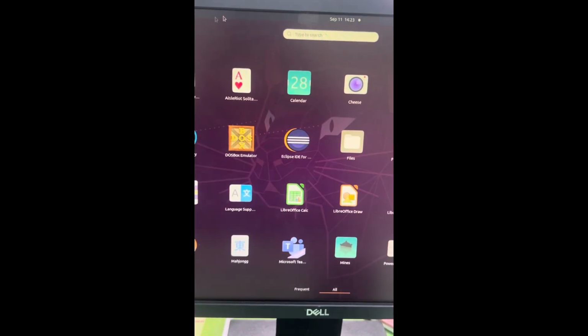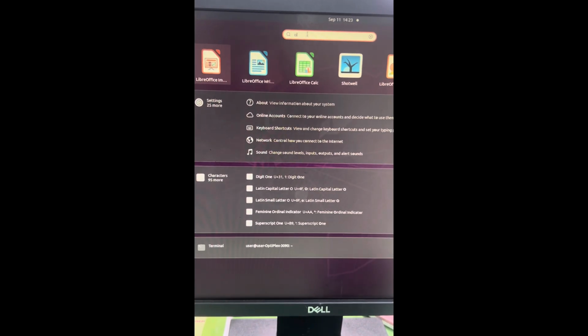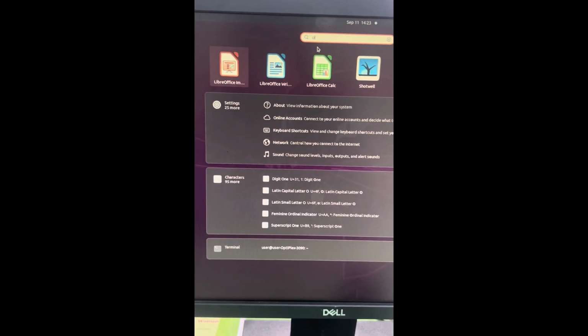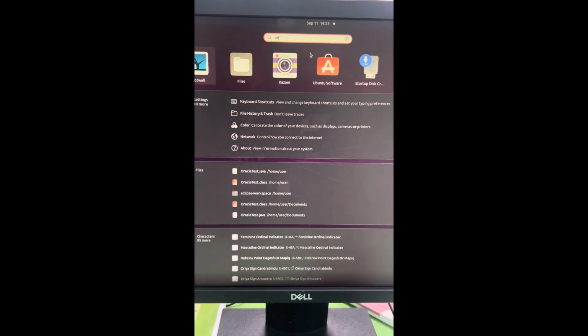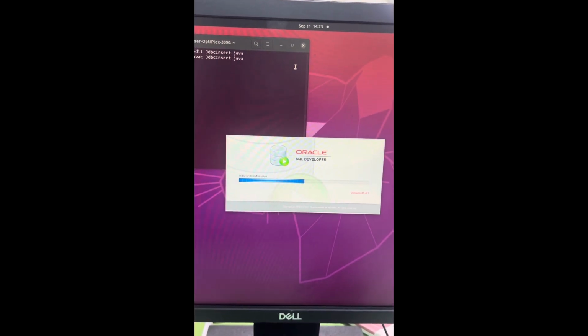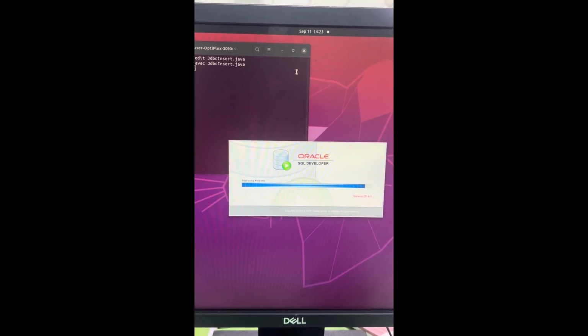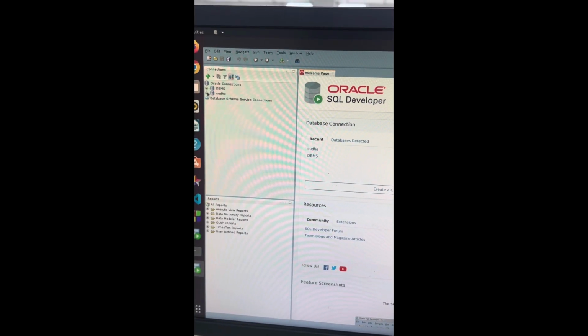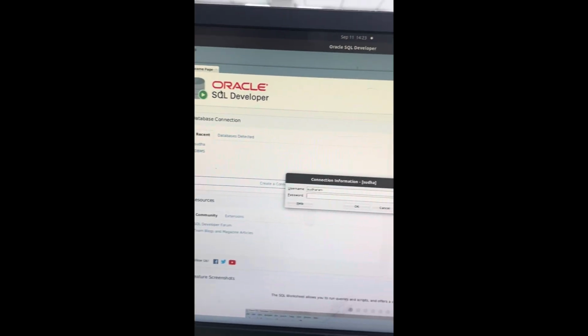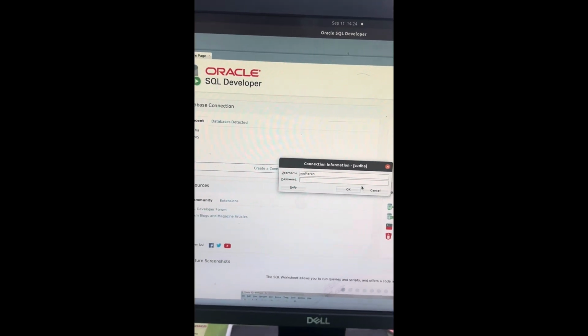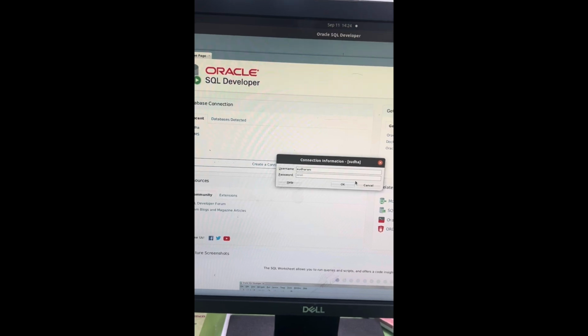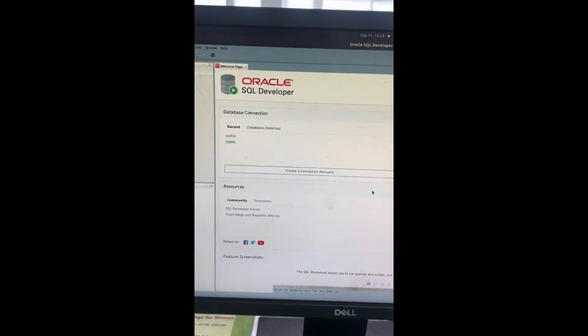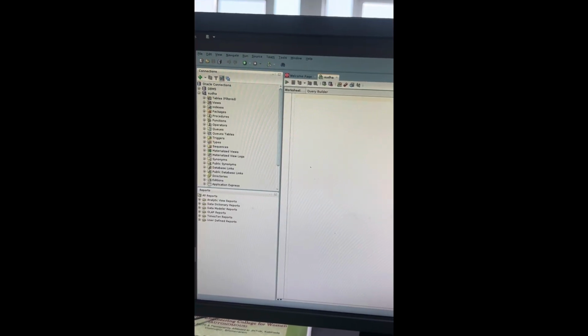Once I made sure that there are no errors, I opened the Oracle database. So this is the Oracle database. Once it opens, I am making a connection using my username and password. Using your credentials, you need to make the connection. Once the connection is successful,